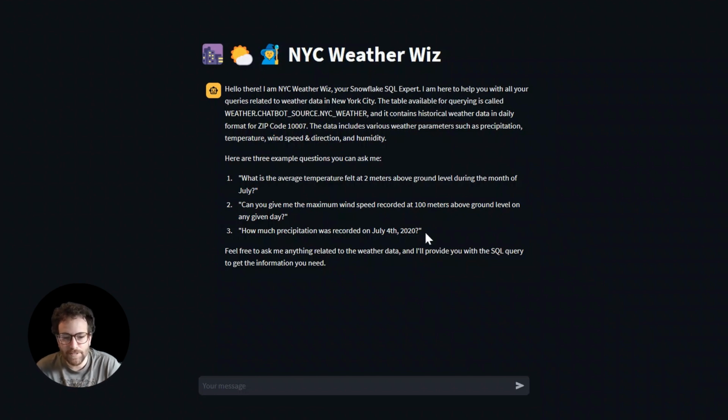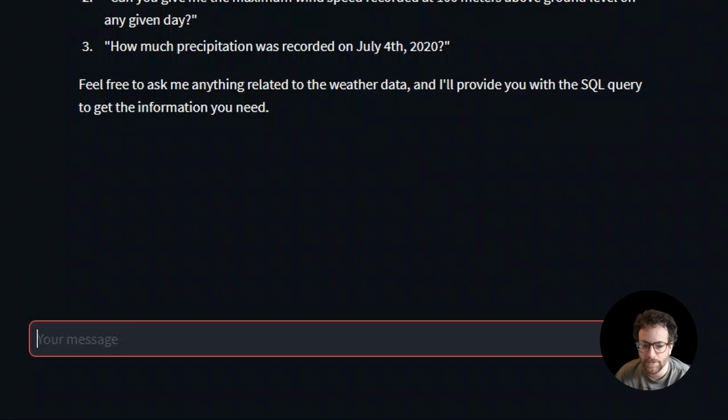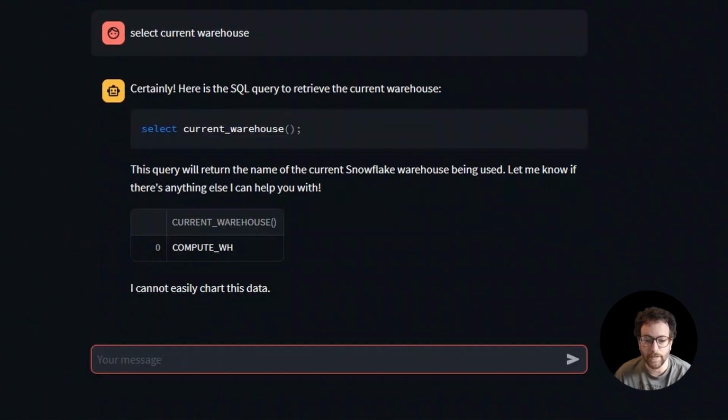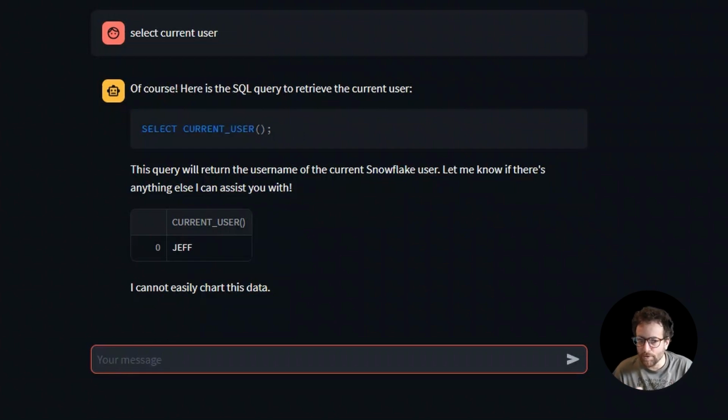So first thing I want to do is just see if we can prove that we're connected to Snowflake. So I'm going to ask it a non-weather related question and hope this doesn't backfire on me. So I'm just going to say select current_warehouse. So there's the query and it's the compute warehouse. Great. And let's just do one more thing. Okay, cool. So we're proving out a Snowflake connection,